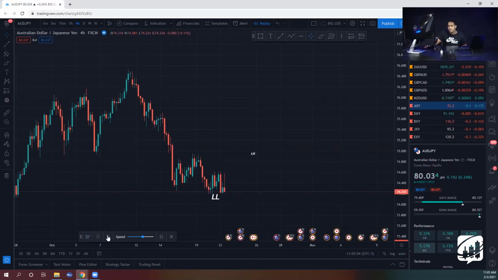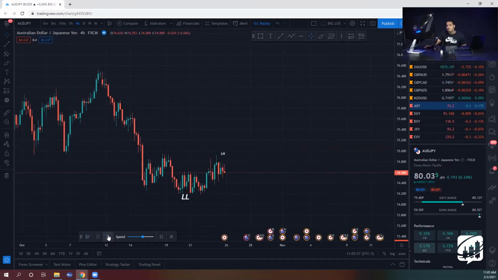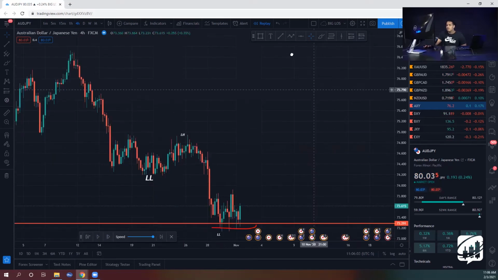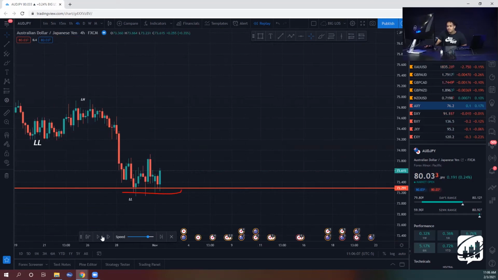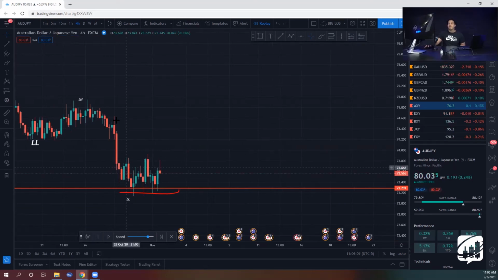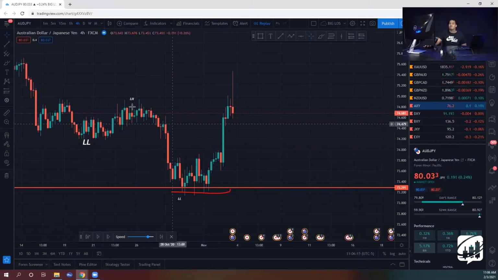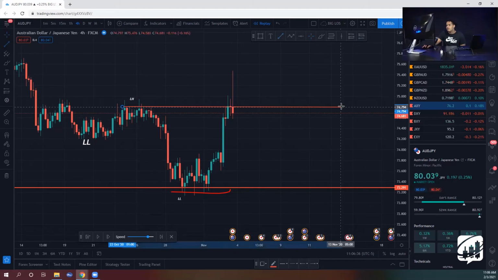So let me speed this up. Okay, so back to where we started. We know we can either retest off of the lower low or the lower high. So to be safe to enter a trade, if you're a bull, you have a buying opinion, you think AUDJPY is going to go up, you would wait until the lower high is broken and retested, just to solidify the uptrend.